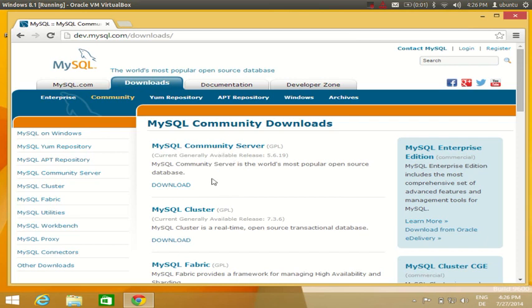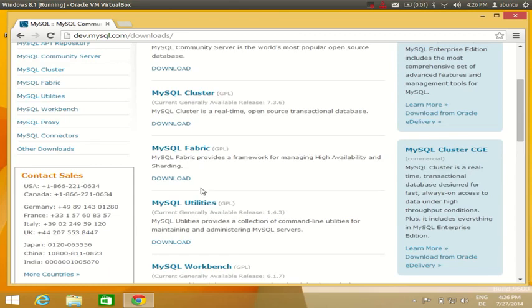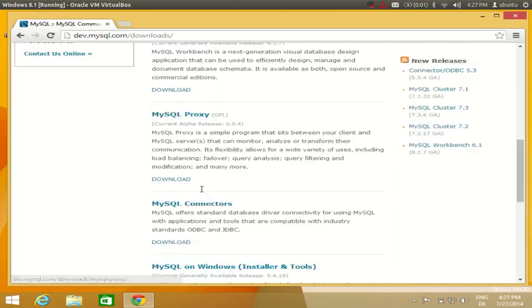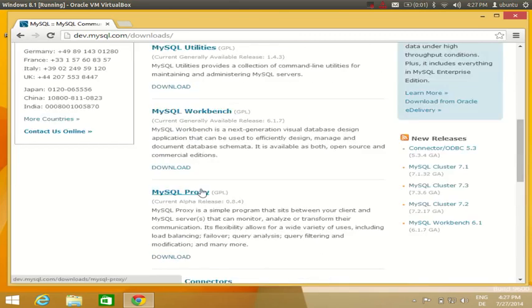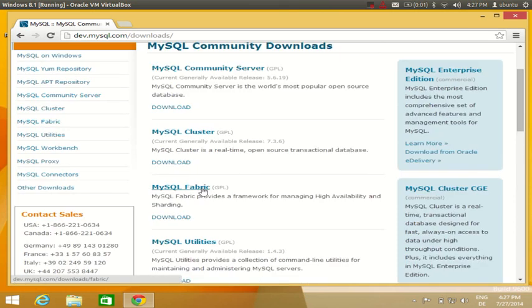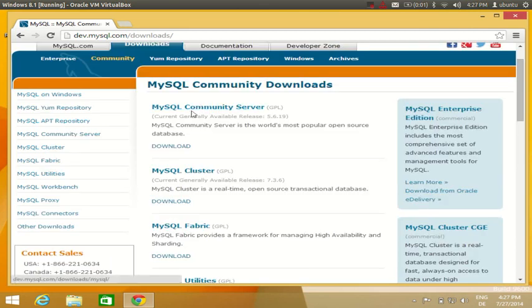flavors of the MySQL database: MySQL Community Server, MySQL Cluster, Fabric, Utilities, Workbench, and there are so many tools for MySQL. But what we are going to do is install MySQL Community Server as a whole. So we will install MySQL Server, and we will also install MySQL Workbench to work with MySQL. So what I will do is go to this link, which is MySQL Community Server,